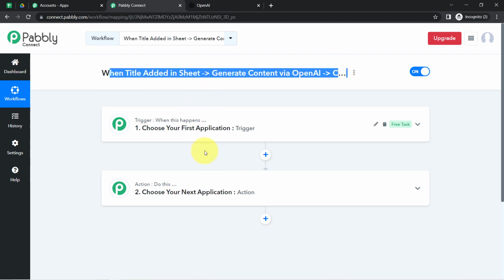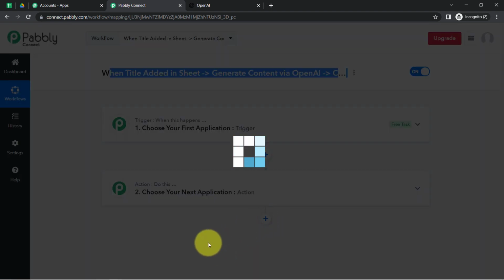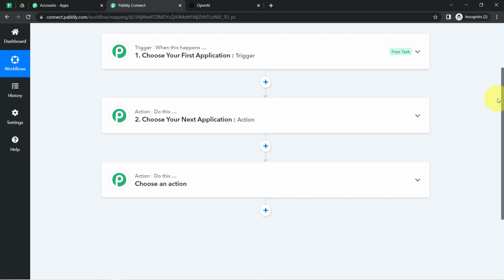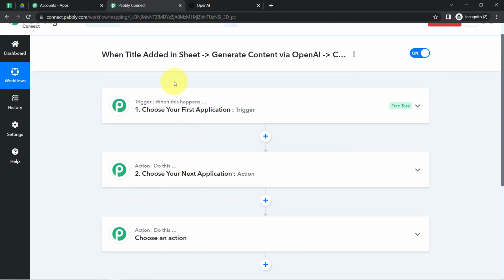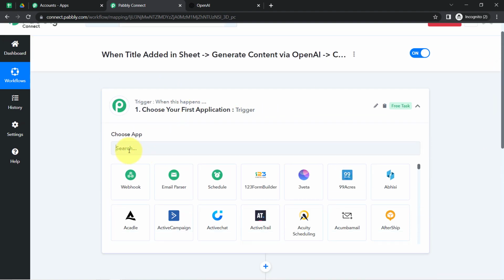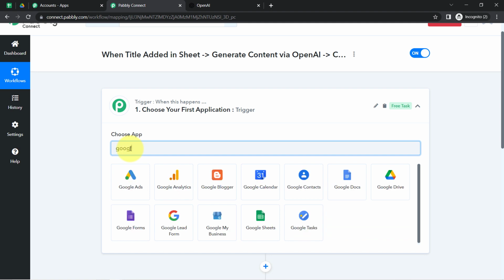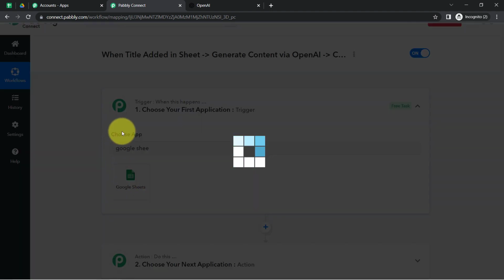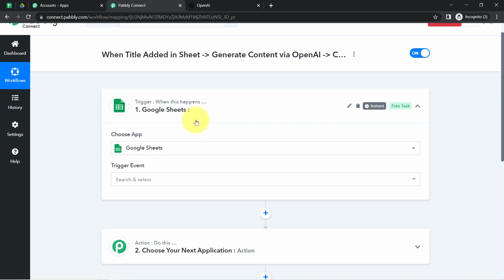to our use case, whenever a title is added in the Google Sheets application, automatically generate content via the OpenAI application and then draft the very same blog into the Google Docs application. So this is how we need to always select the applications in which we are building an automation. Here we are building an automation between Google Sheets and OpenAI and Google Docs, or you can say Google Drive. So that is why I'm going to select those applications only, and the very first application I'm